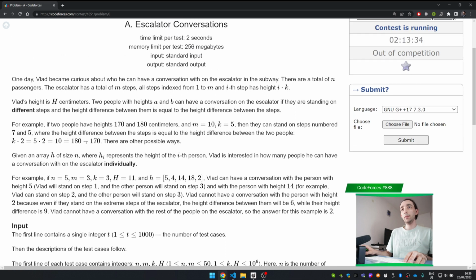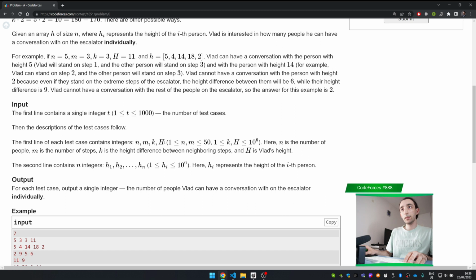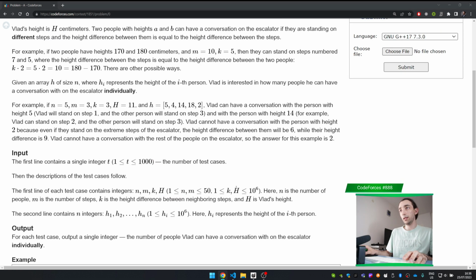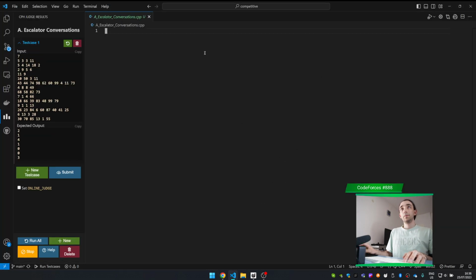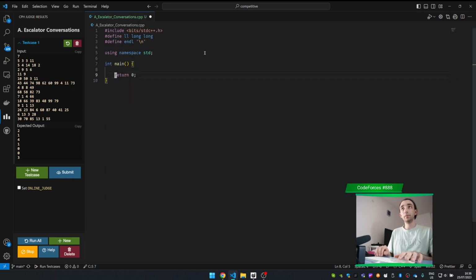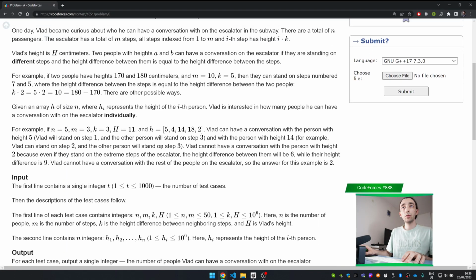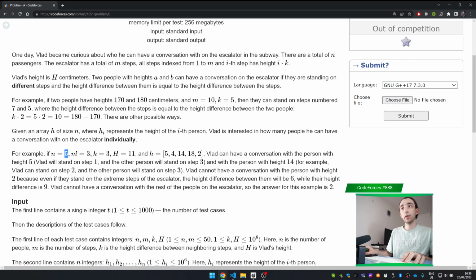So the height difference has to be smaller than, so what is Vlad's height difference? The height is h. So he says k here, m, and if Vlad can have a conversation with a person with height 5,